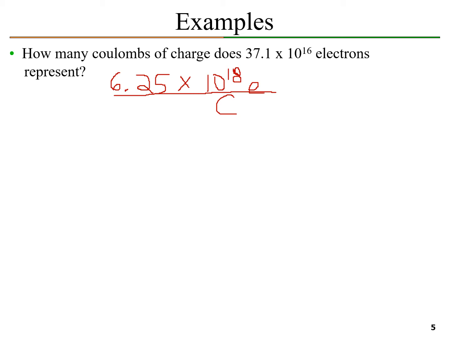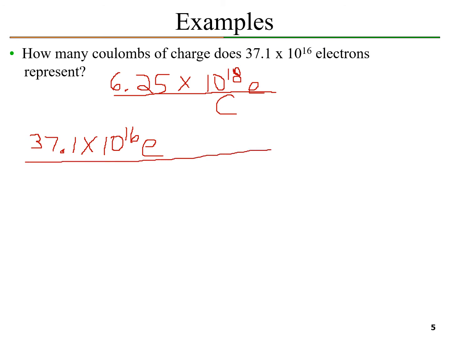Now we're going to use dimensional analysis to solve this problem. So we're going to write down what we're given first. We're given 37.1 times 10 to the power 16 electrons. Now in the conversion factor, if we use this form, we cannot use same object division. Nothing cancels out. So we have to use the equivalent form, which is,